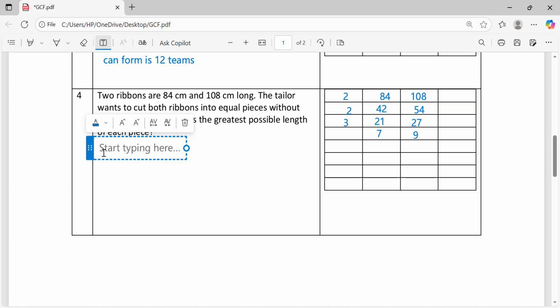We immediately come this side and say the highest common factor or the greatest common factor of 84 and 108 equals 2 times 2 times 3. I guess the answer is what? 2 times 2 equals 4. Yes. Then 4 times 3 equals to? Yes. 4 times 3 equals 12. Good. Then you come down and say,